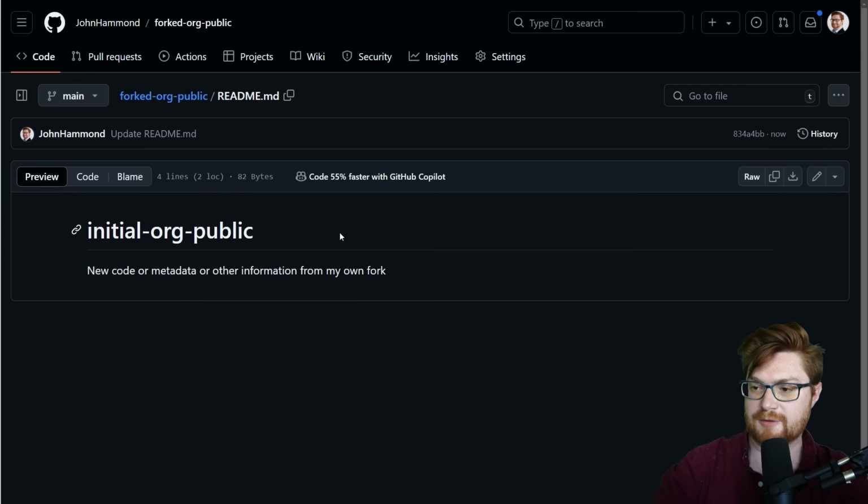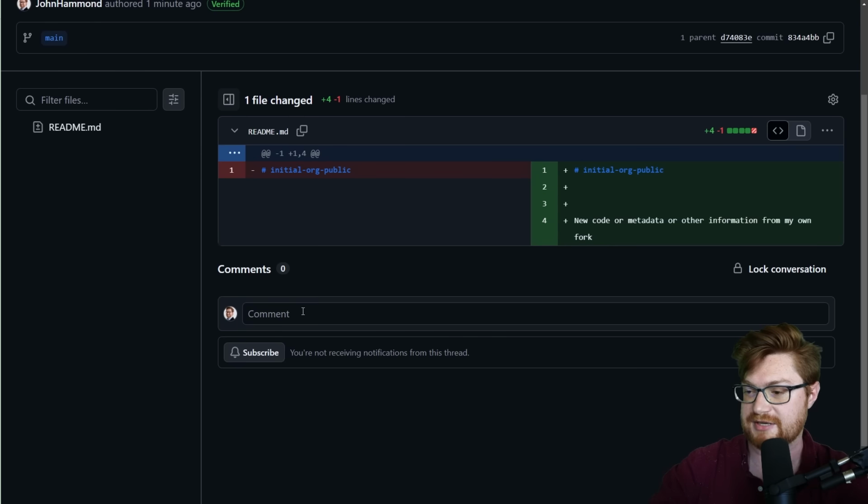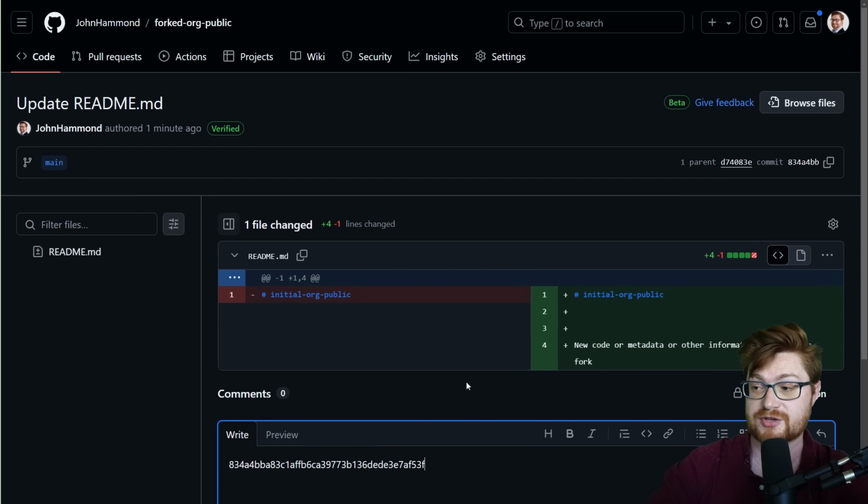Now, if I go take a look at the commit here, we'll be able to see the unique SHA-1 hash and identifier for this commit. You can see it displayed up here, at least as a short rendition. We have a couple starting characters of what is a SHA-1 hash, but if I were to copy that whole syntax, I can just paste it down below so you can see that is the entire ID value. But GitHub really only needs to work with either the first 4 characters or 5 or 6. 4 is the shortest that it can be for a short SHA-1 hash.